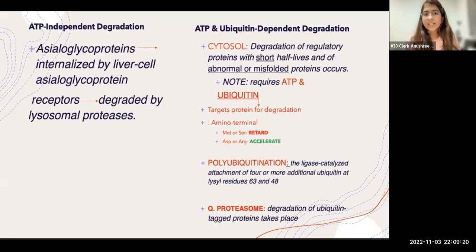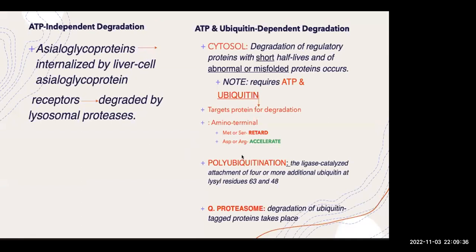And hence it will have a short life because it's abnormally encoded. So it would require energy. Our body is trying to fight something that should not be there, so we are spending extra energy on that, right? Hence it will require ATP and a very special molecule called ubiquitin. So some things about ubiquitin,